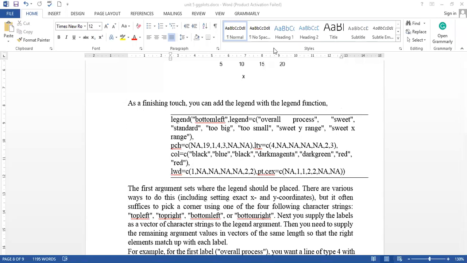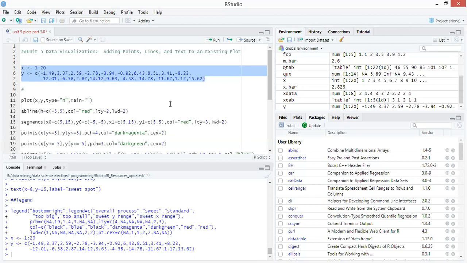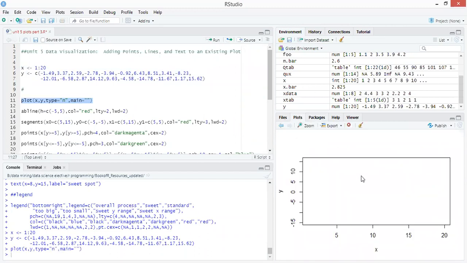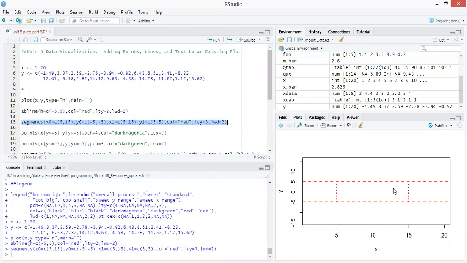Let's see how it will work in R. So first of all, we have taken the two vectors, x and y vectors. Then we need a plot. This is a simple plot where the range is given and no points are available. Then first we have to define the y line, y range from -5 to 5. This is your y range. To define the x range, we have taken a segment. Now we get an x range here.